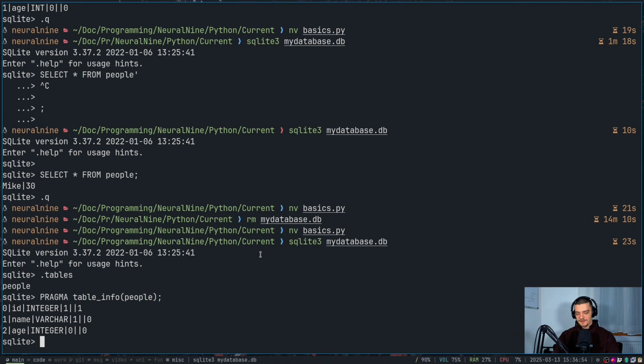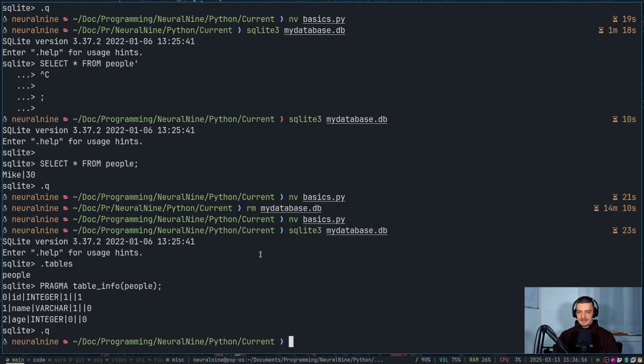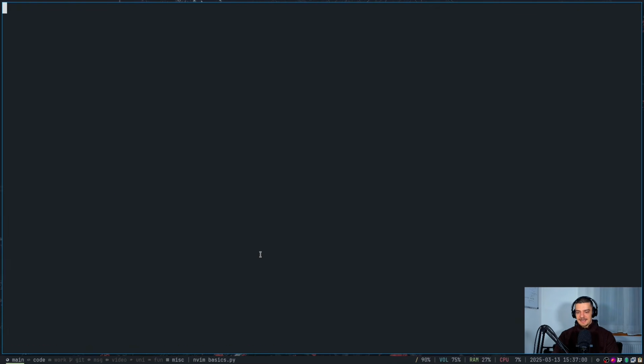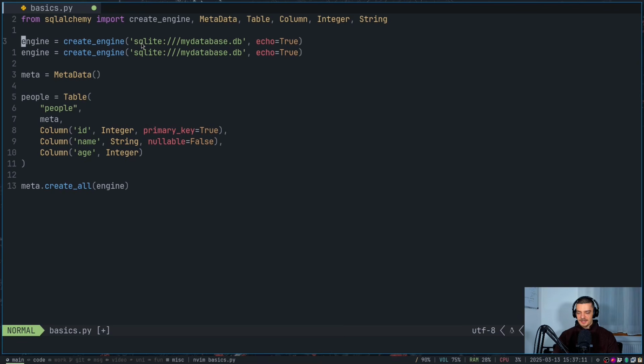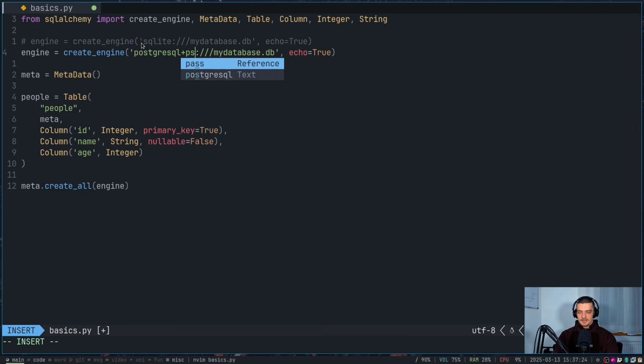So that's perfect. Now, one cool thing, this is a key feature of SQLAlchemy I already mentioned before, is that we can just switch to a different database. We don't have to change anything about the code, and it's still going to work. We just have to change the connection string here, or the database URL. So I can copy that, I can comment that out, and I can now say, for example, I want to use Postgres. Now, in this case, I already have Postgres set up on my system. I'm not going to show you how to do that, but I want to use Postgres with a dialect of